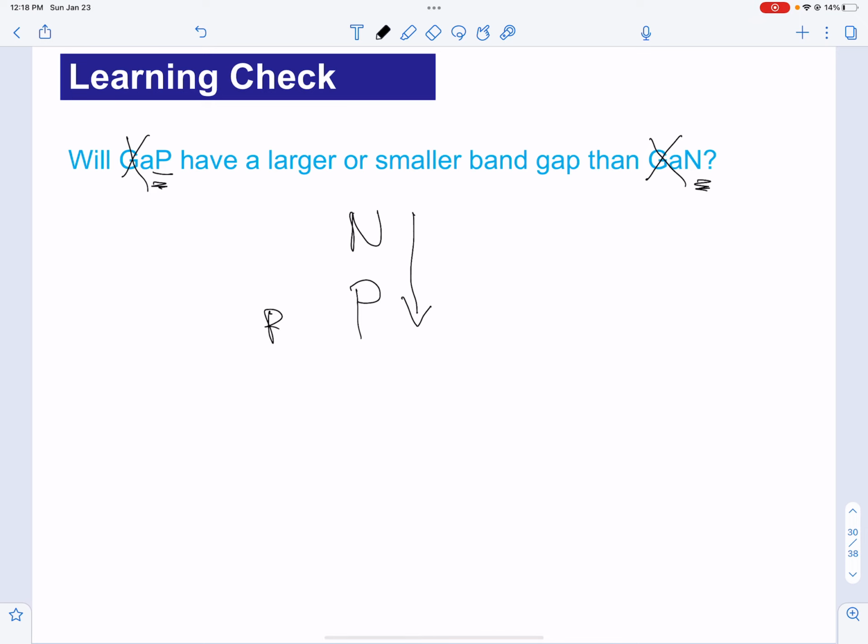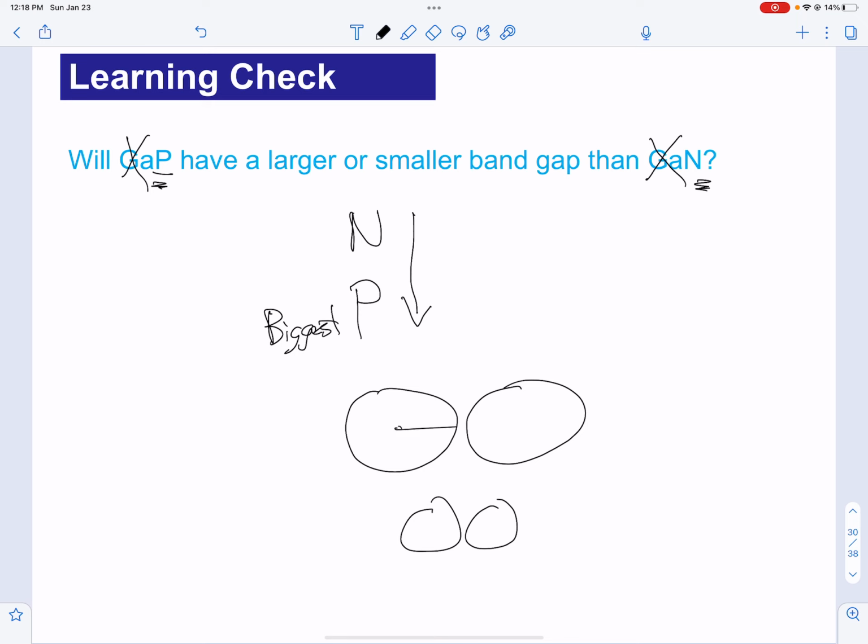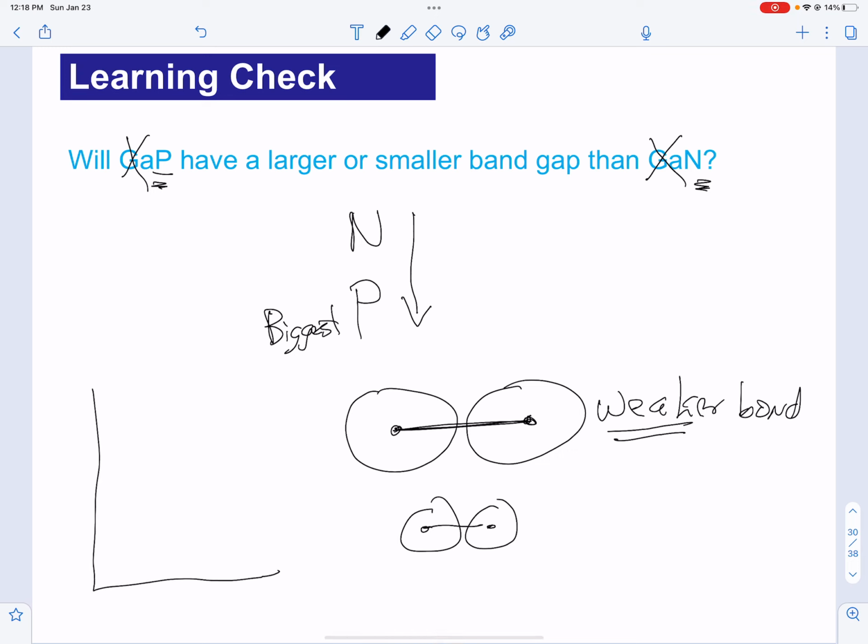So this is the biggest one, which is going to give me the longer bond measured from nucleus to nucleus, which makes it the weaker bond. And the weaker bond will be less stable, which tells me